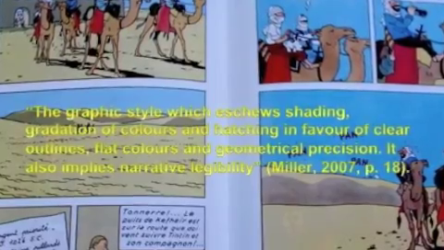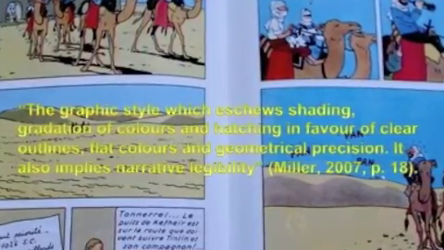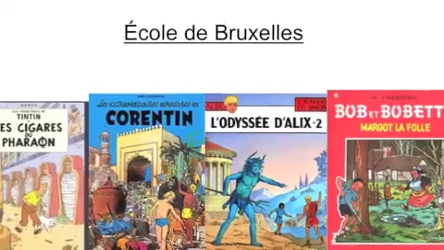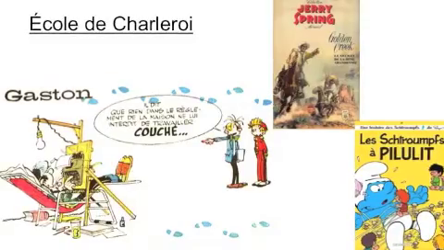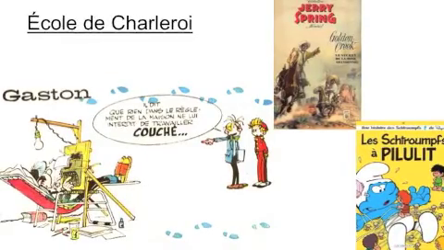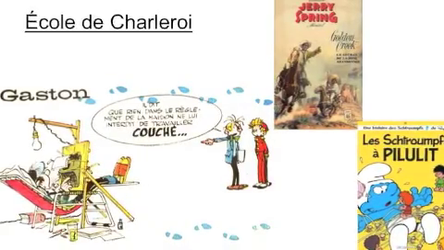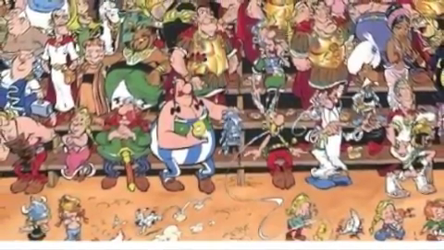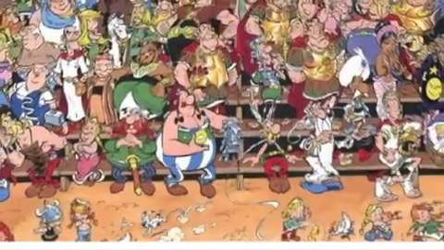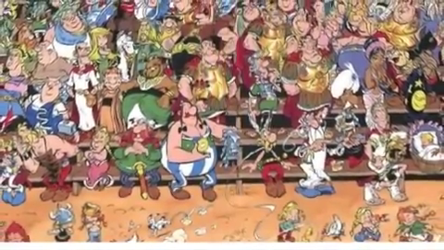After the war and into the classical period of Bande Dessinée, there were 2 primary schools. L'École de Bruxelles included Hergé, Paul Cuvelier, Jacques Martin, and Willy Vandersteen. L'École de Charleroi included André Franquin, Jijé, and Peyo, the creator of the Smurfs. René Goscinny and Albert Uderzo created Astérix and Obélix in Pilote magazine in 1959.